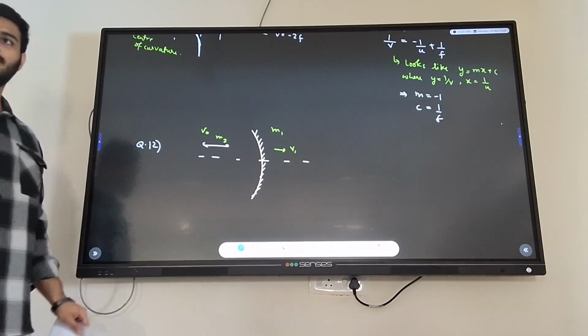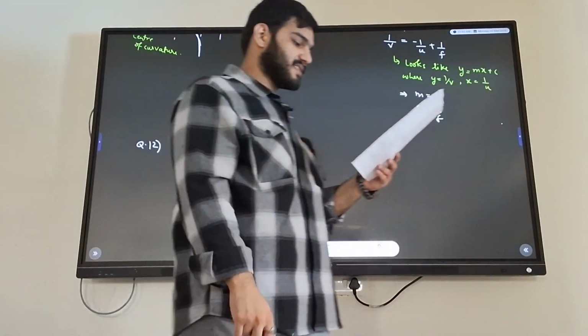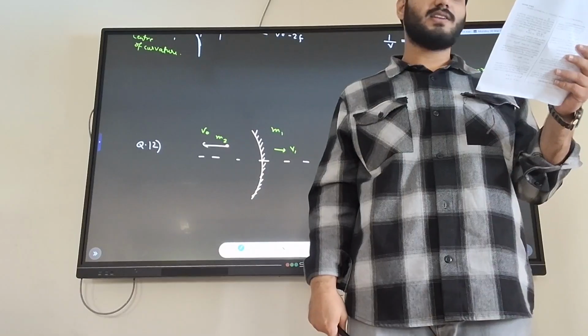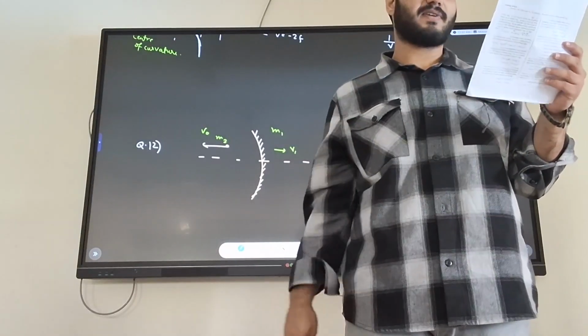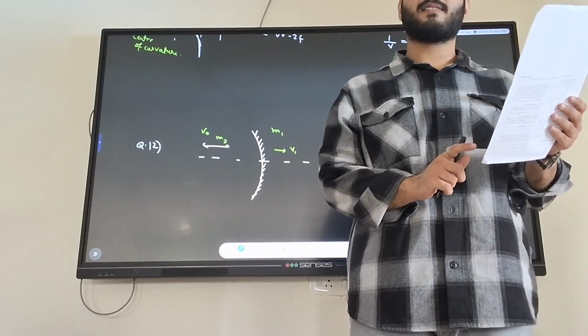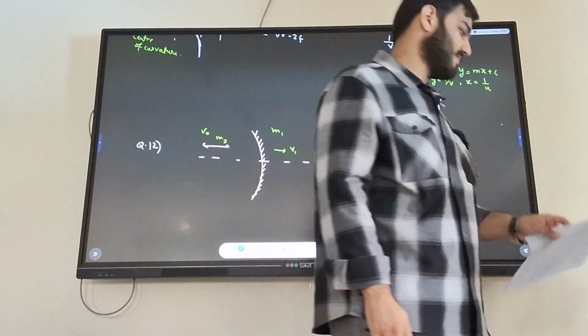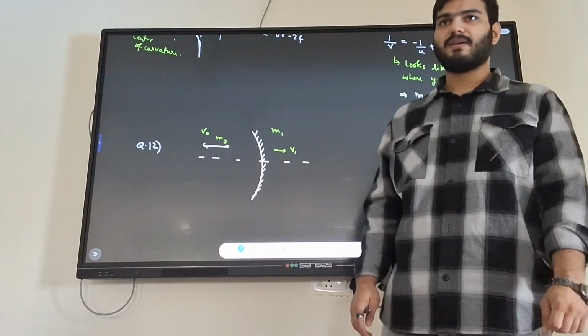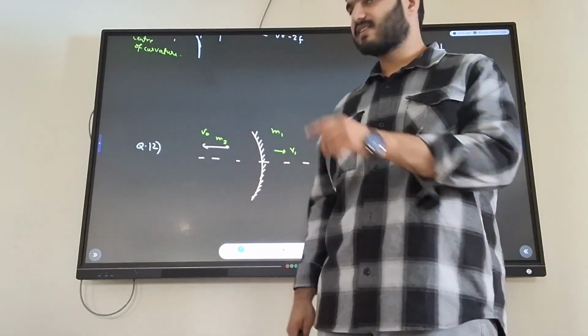Now what is asked in the question? It is asking to find the speed of separation of the bullet and the image just after the gun was fired. So this line, just after the gun was fired, is of importance, okay? That will be used here. So I have to find the image speed, and I have to find the object speed.